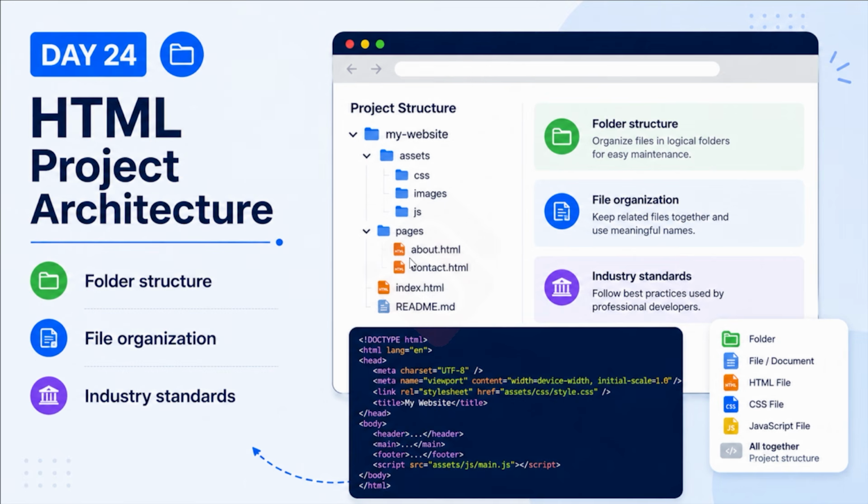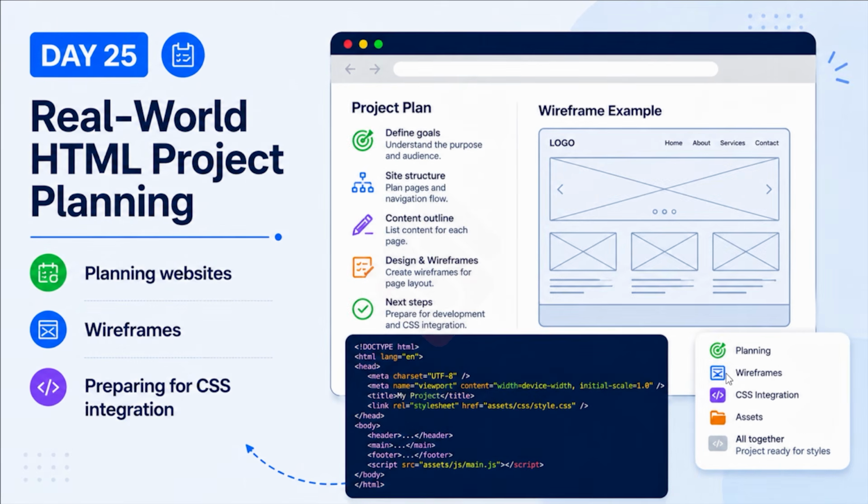So this is the foundation of professional web development projects. Welcome to day 25 of our HTML mastery course. Today we are moving beyond individual HTML tags and learning how professional developers plan a real-world website before